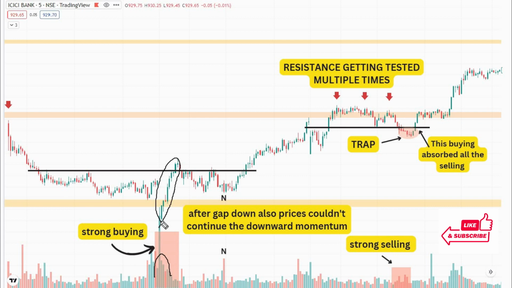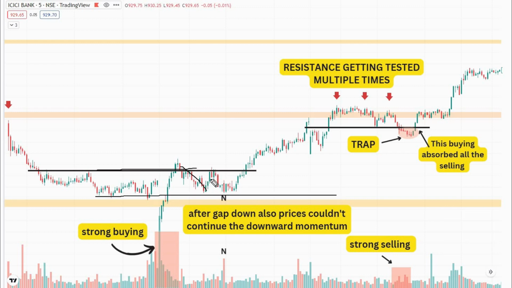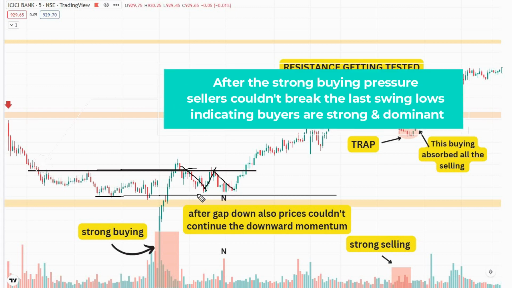Okay, now we will not buy here. Why? Because this is a very extensive move, one-sided rally towards the upside, breaking resistance. So we will wait. Now again from here sellers again tried, but they failed to break this level. Then again buyers tried, again sellers tried to push the prices towards the downside, but again what happened? Prices are not being able to break this important swing low, and there is a price and volume divergence also